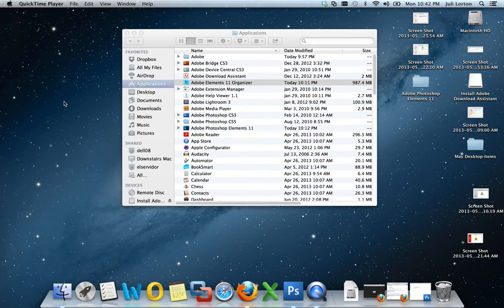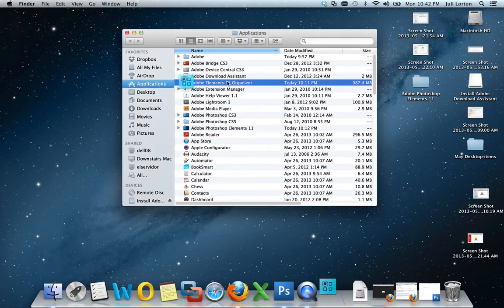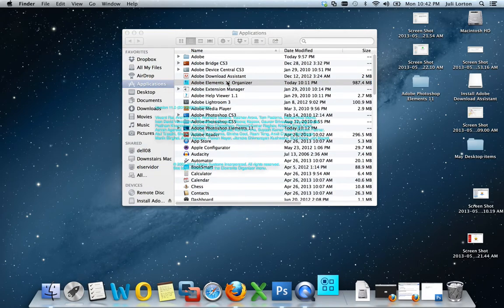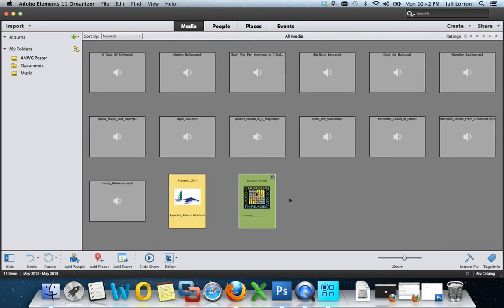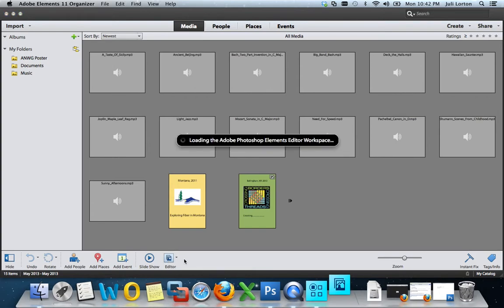Okay, Mom, I'm going to walk you through the process of editing this template so you can have your 4x6 photos. So first thing, you want to go to your applications folder and you want to open up the Elements Organizer. And I can see why this was a bit of a challenge because it's assuming you want to work with photos. So what you want to do, come down here to the Editor button and you want to open